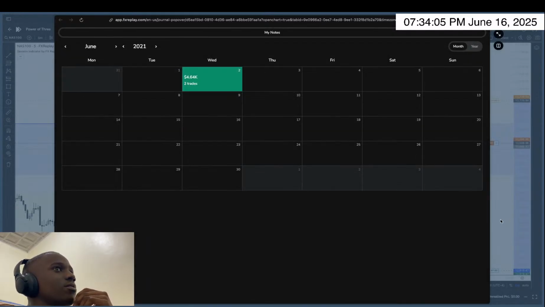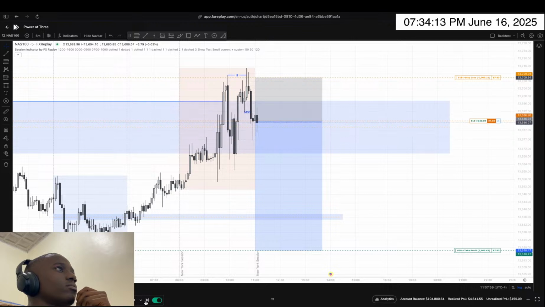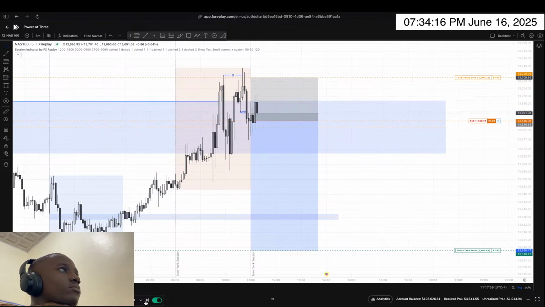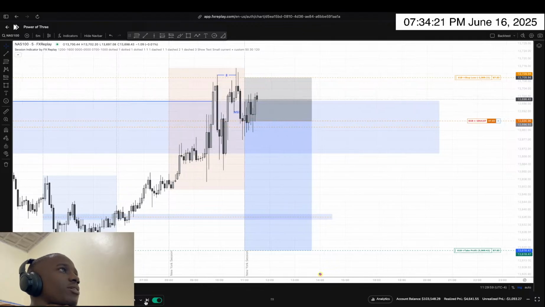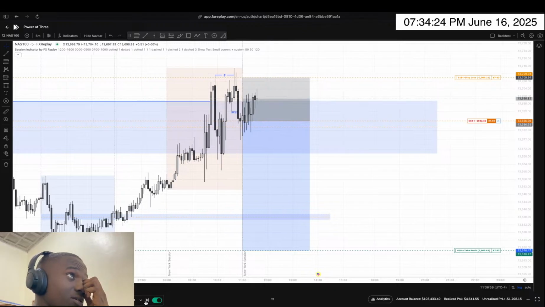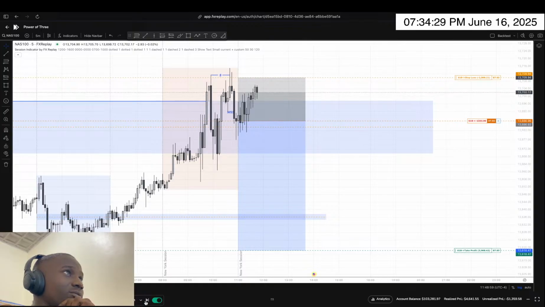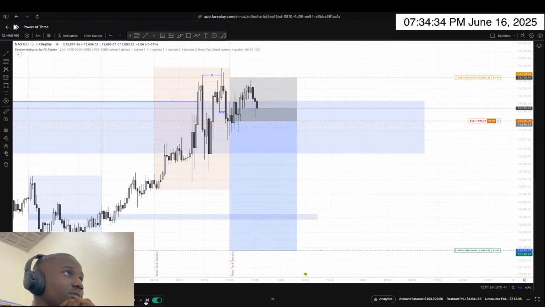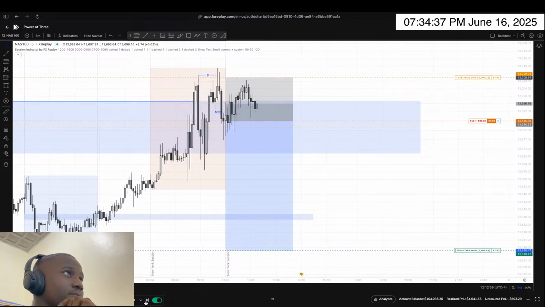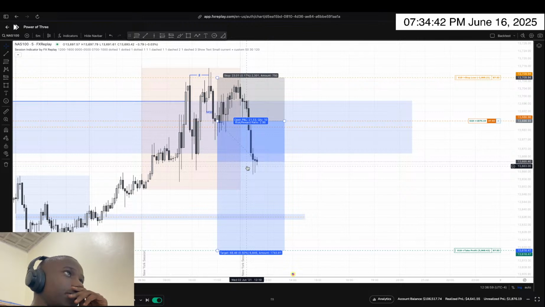Let's save this. Okay, go candle by candle. So we're respecting the gap so far, depending on how the candles are closing, but it looks like some of them want to close higher, which means we might get out of the trade. We're almost out. Let's see. Okay, we end up dropping. So far we're up